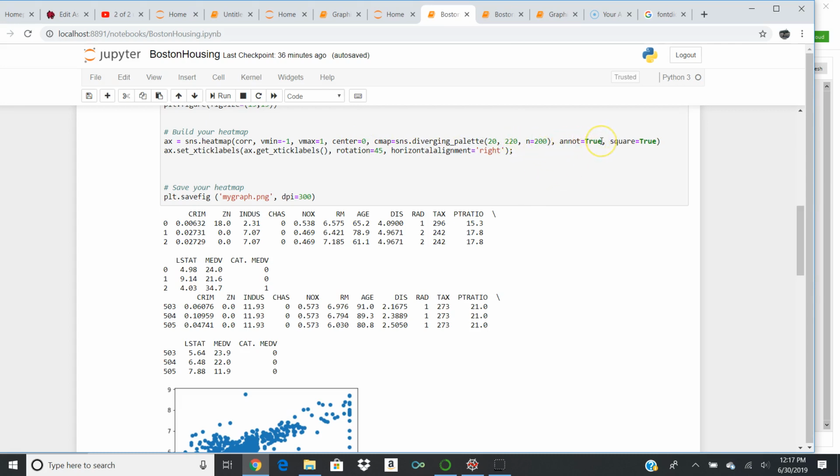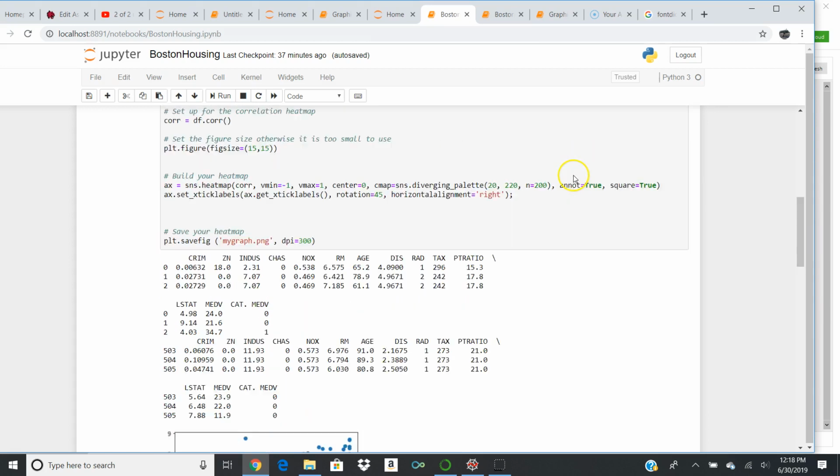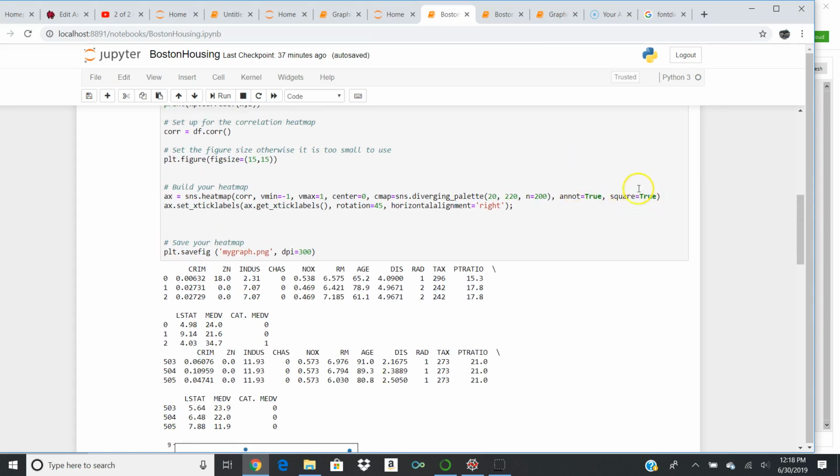Annotation equals true says we do want each square to have its own value written in that square. Otherwise, we wouldn't see the actual correlations. And do we want an actual square line written around each square? We set that to true. Okay. Then we actually set up the